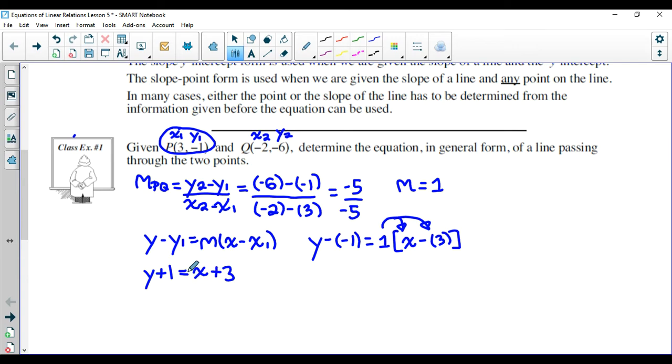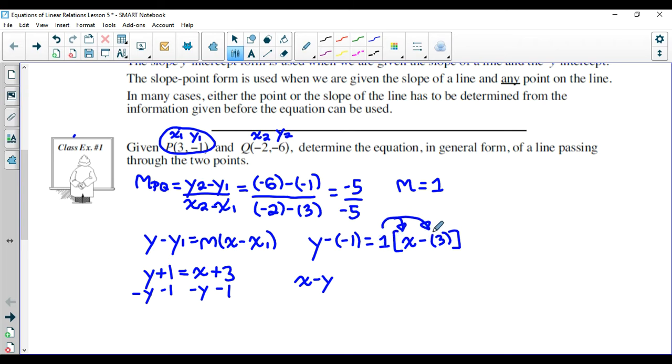We want to get this in general form, so it means we've got to move all terms over to the same side, but we want the x term to be positive. So we're going to move the terms away from the left-hand side. So we're going to subtract y, and we're going to subtract 1. Therefore, we would have x subtract y